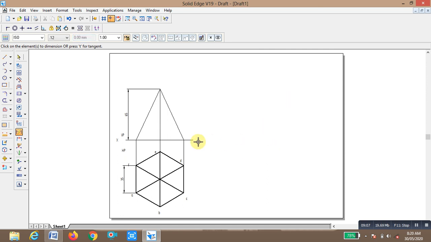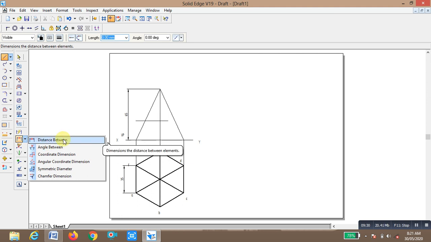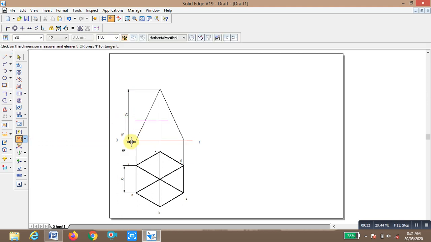The section plane is passing at a distance of 30 mm from the base, which means here I am going to draw one line that cuts the vertical line. We are going to check the distance between this line and this base, how much is it. Now it measures 24.48, we have to change it to 30, means 30 mm, right?